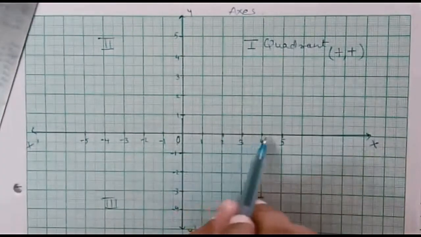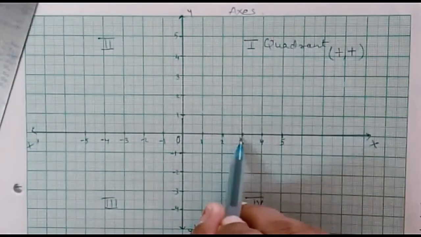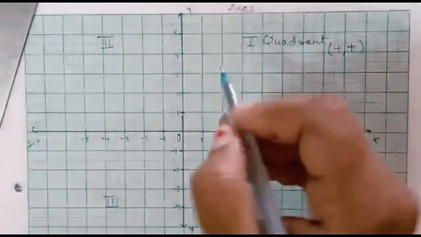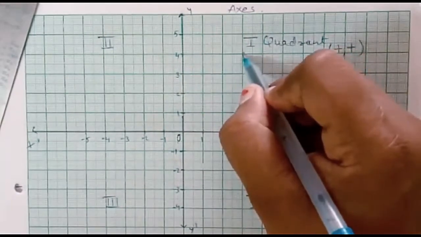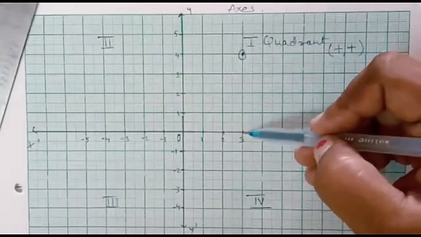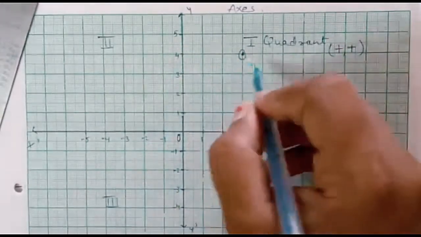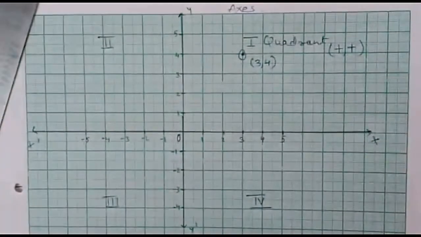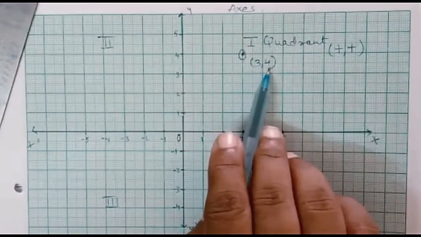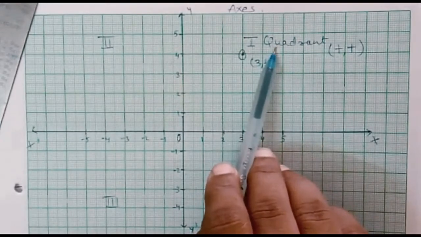So you see on x-axis, always we have to see first the x-axis. So the x coordinate is 3. It will intersect with the y coordinate, that is 4. So here we will get a point. See, for x coordinate it is 3 and for y coordinate it is 4. So this point is (3, 4). Okay, you can see here both the numbers are positive, so its position is in first quadrant.